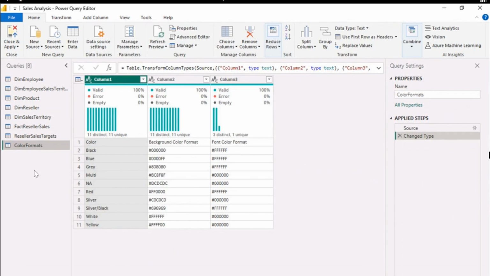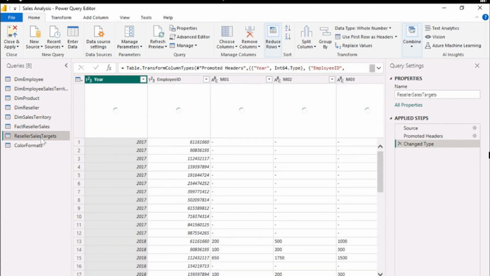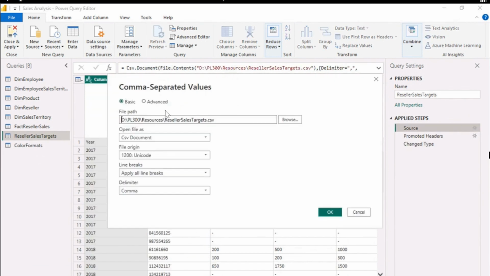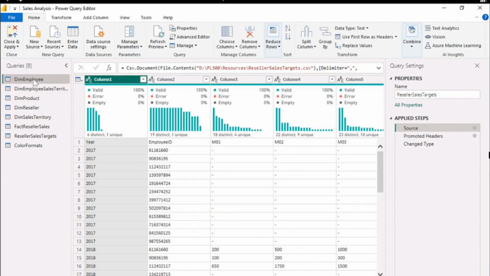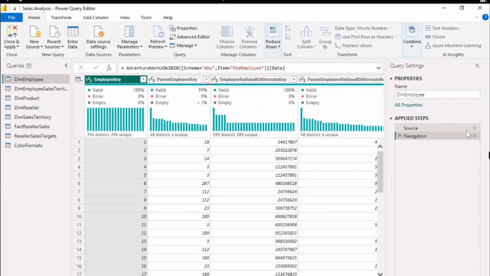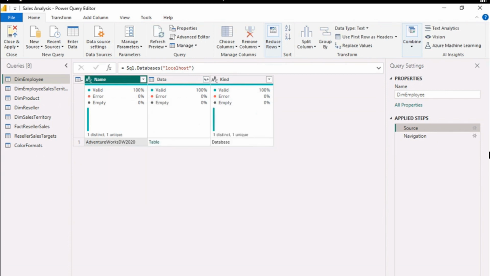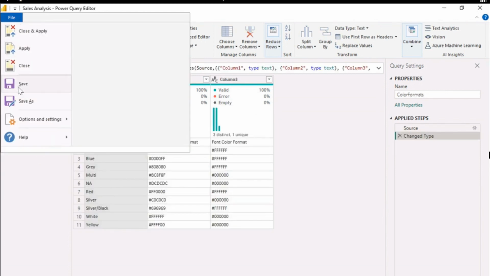So now you will have two new queries related to CSV files, and you can see from the source itself that it's coming from the CSV file, and for this one it is coming from the SQL Server database. So what we'll do is we'll now save this file,